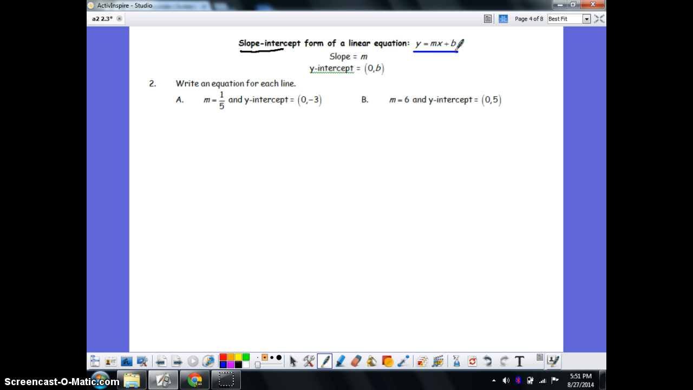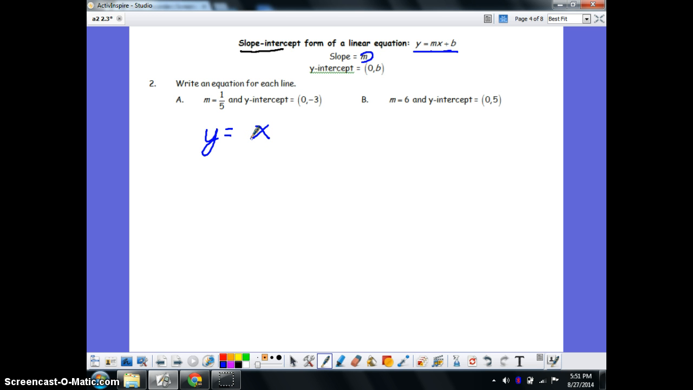y equals mx plus b, where m is the slope, or the coefficient on the x, and the y-intercept is that point (0, b). Where it crosses the y-axis is b. So the next few examples, 4 of them as a matter of fact, we're just going to write equations for our lines. Okay? So it's going to look like slope-intercept form of the line, y equals some coefficient times x, and then